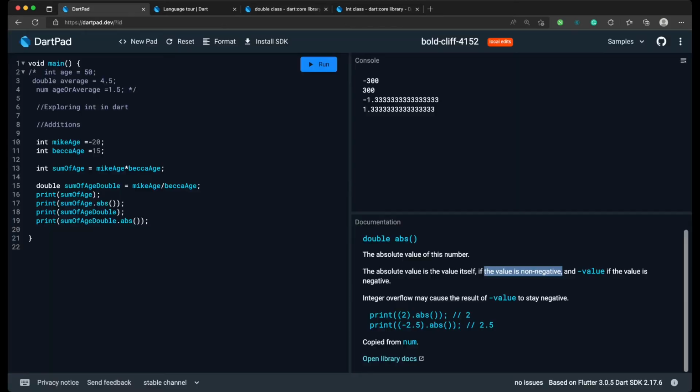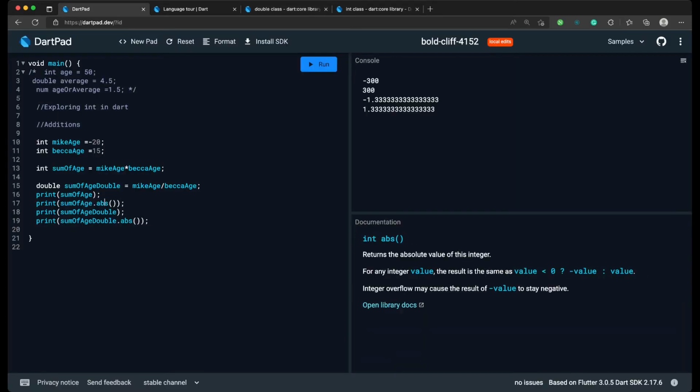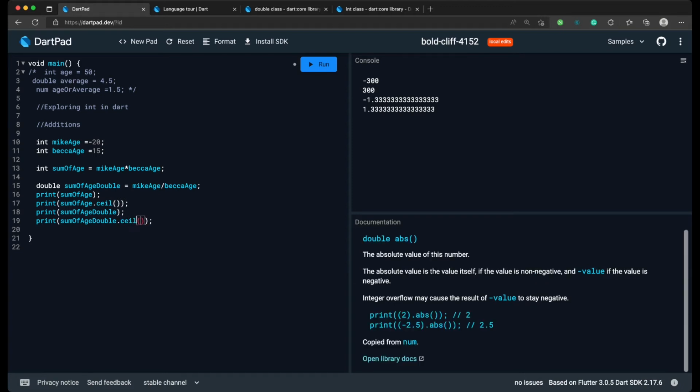So let's perform ceil. If we run it, as you can see, the ceil of minus 300 returns itself, and the ceil of minus 1.33 returns the nearest integer, which is minus